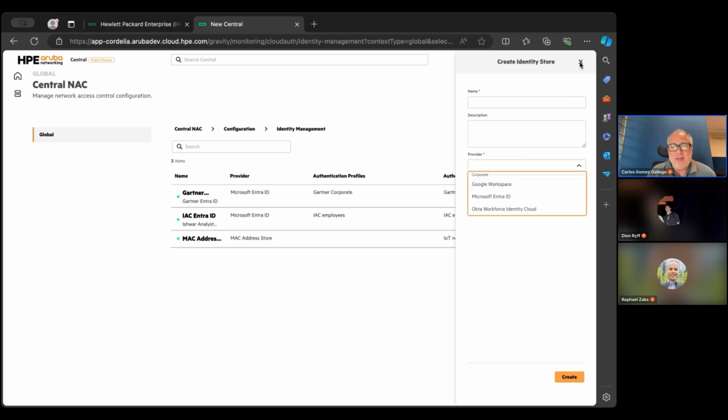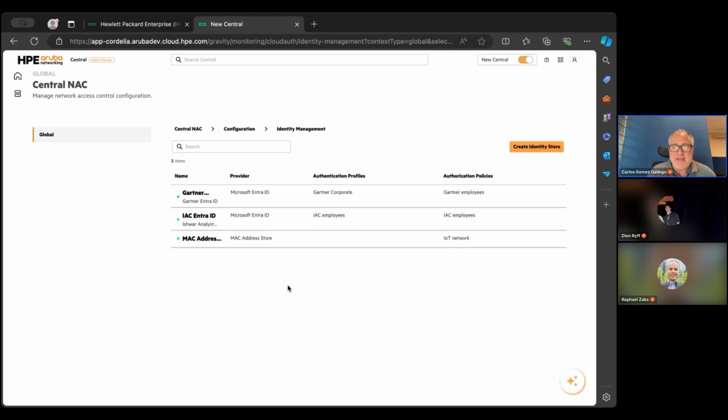So you may only allow people, even if they meet all of these other posture conditions and they've got Intune installed and whatever it might be, but if their account is in one particular Entra ID tenant versus another one, you may want to allow or deny or control the access that person has. Pretty standard stuff from a configuration perspective. Again, you've got secrets, tenant IDs, client IDs. Pretty standard stuff in terms of how to connect, and we've got user guides to help you with these kinds of